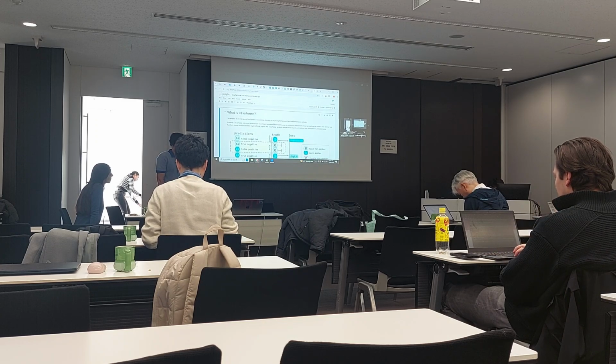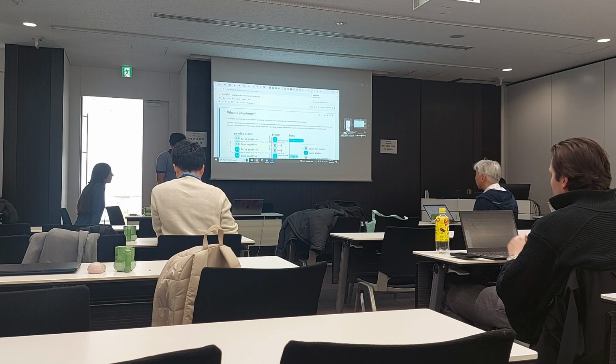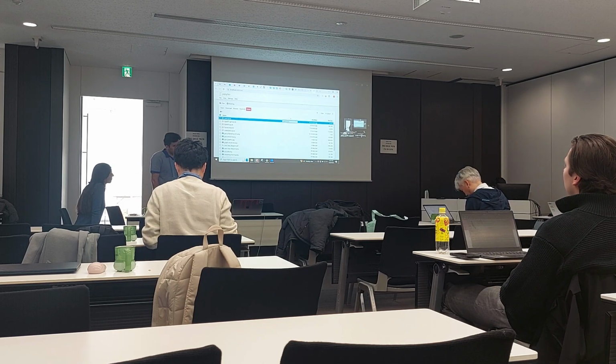So in this way, we have both in-processing and post-processing fairness algorithms incorporated into OpenTF. And then